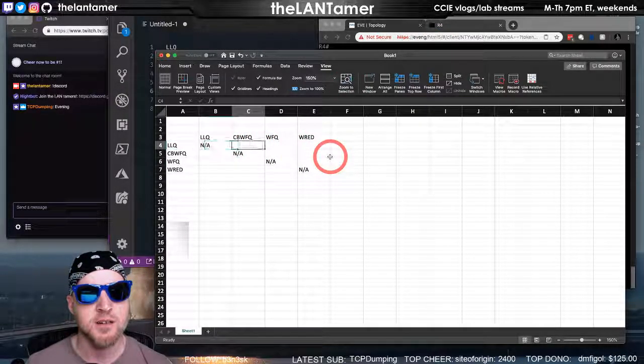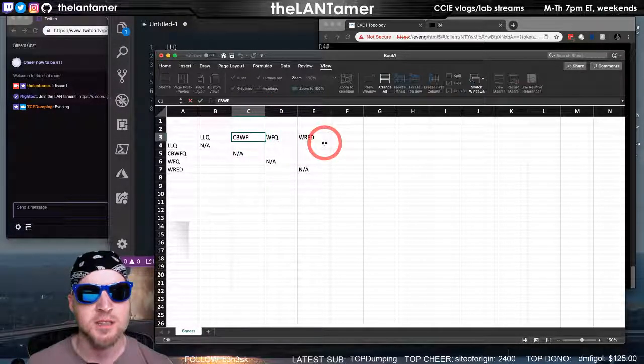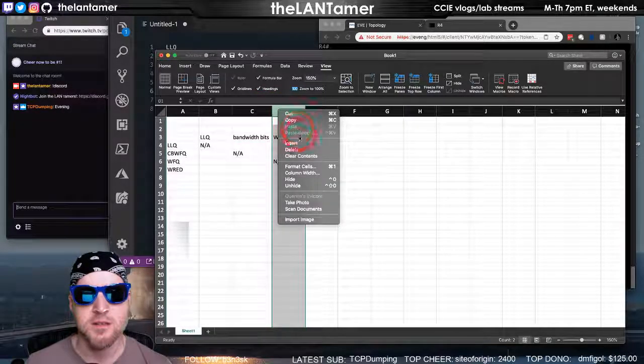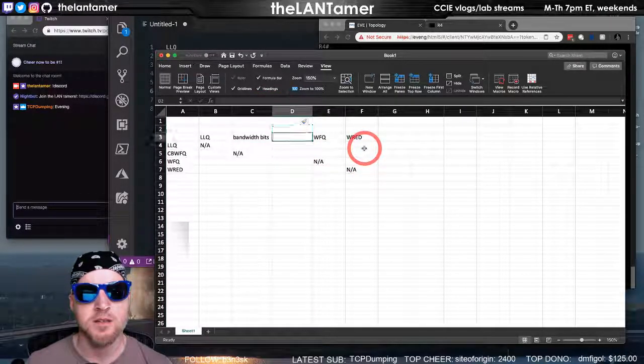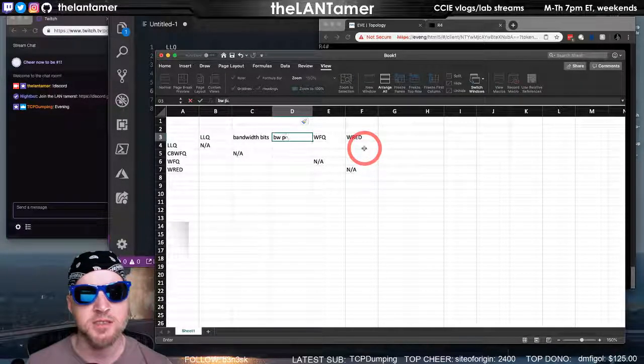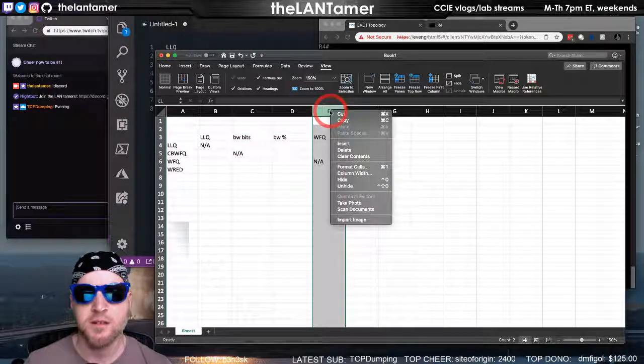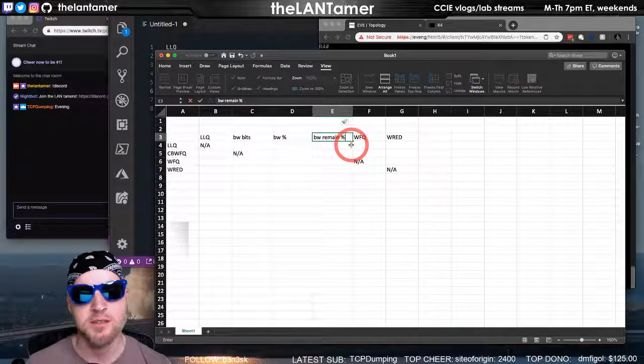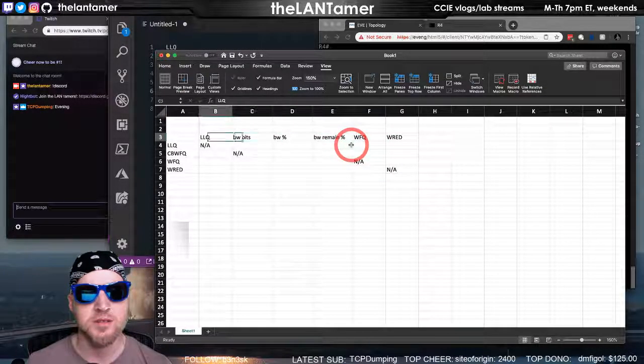But we actually need, just to shorten this, I'm going to say bandwidth bits. And bandwidth percent. And bandwidth remaining percent. Yeah, that's what I want to do.